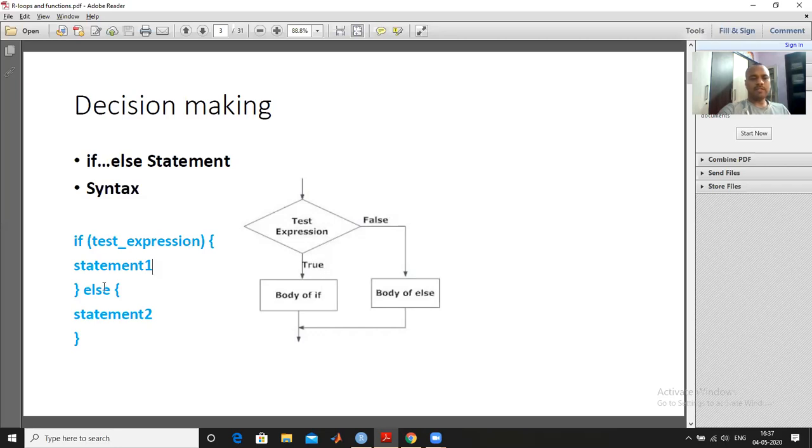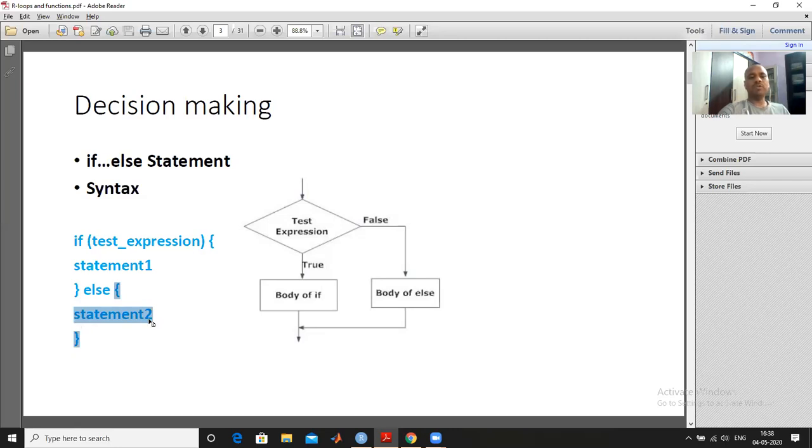And else, if this condition is not true, then this is the environment for else, and this environment will execute. It is given as statement 2.